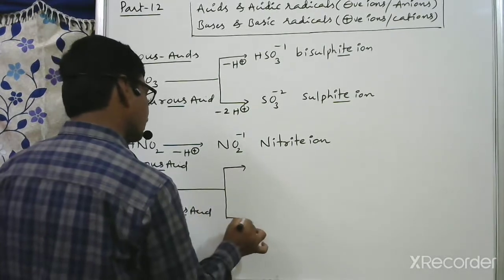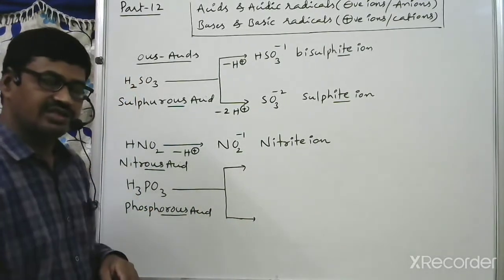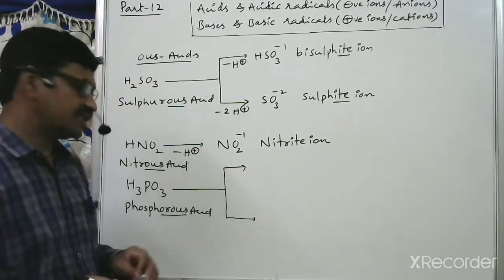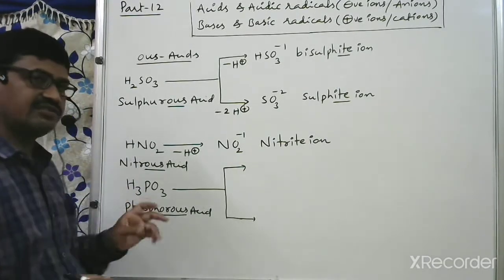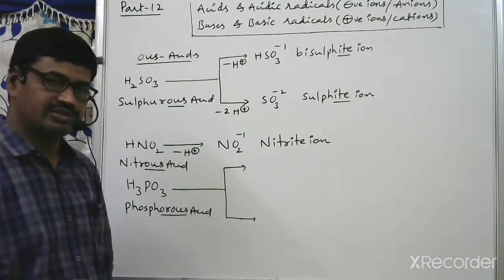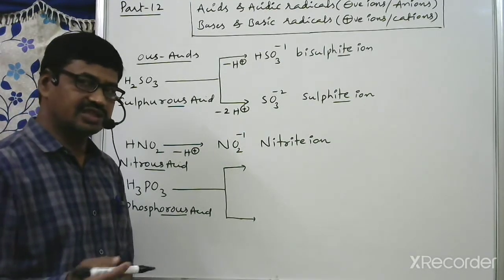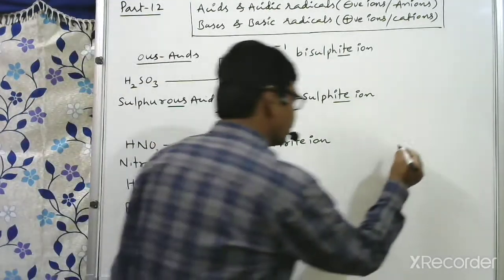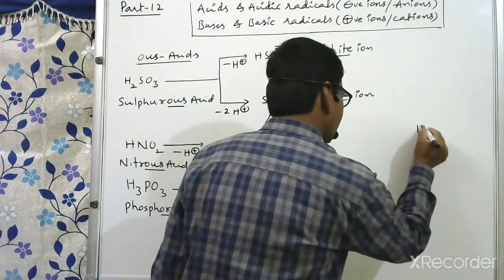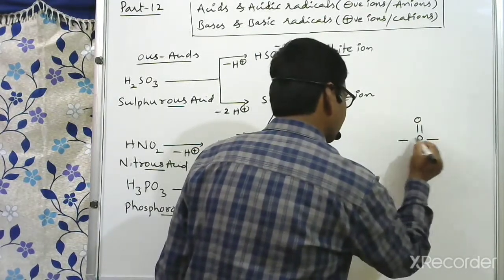Why is it not possible to remove one more hydrogen? In further classes you can get clarity. Here from phosphorous acid we can remove only two hydrogens, which are directly attached to oxygen atoms in the structure. See here I give that information. If you understand, no problem. Otherwise, in further classes we get that clarity.